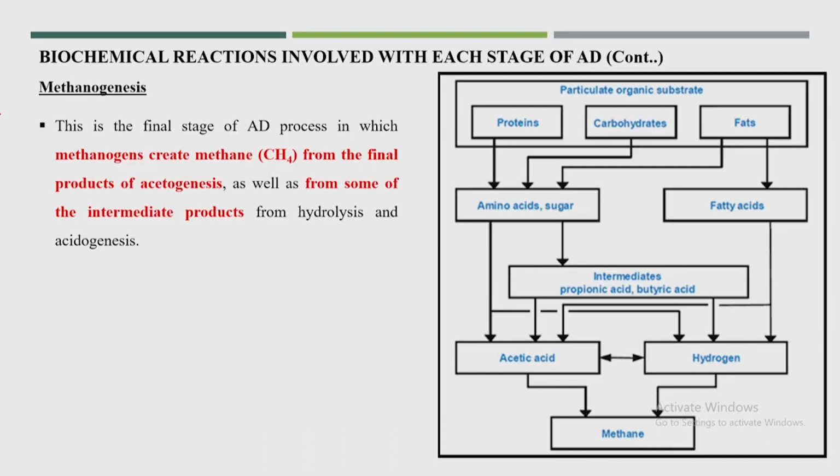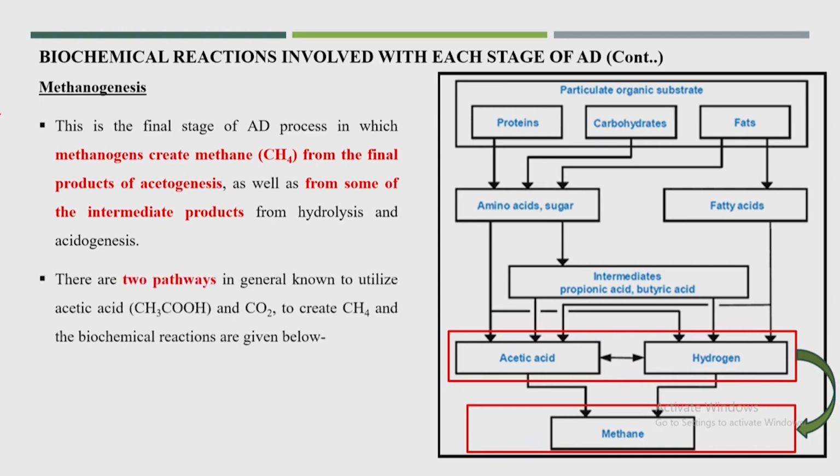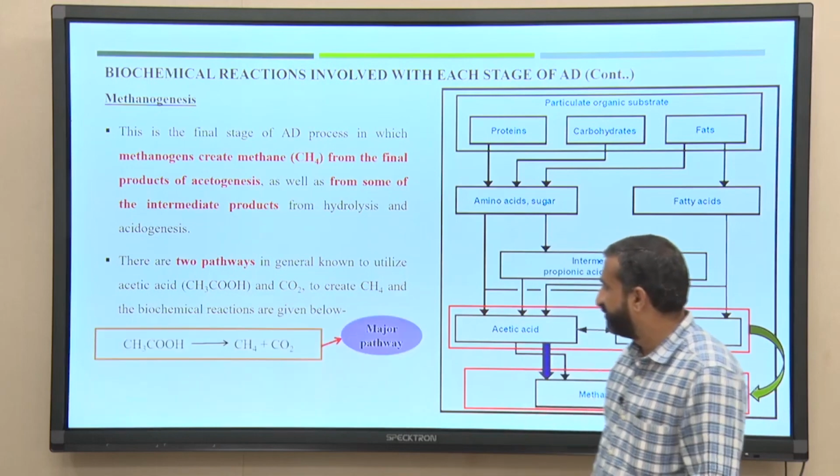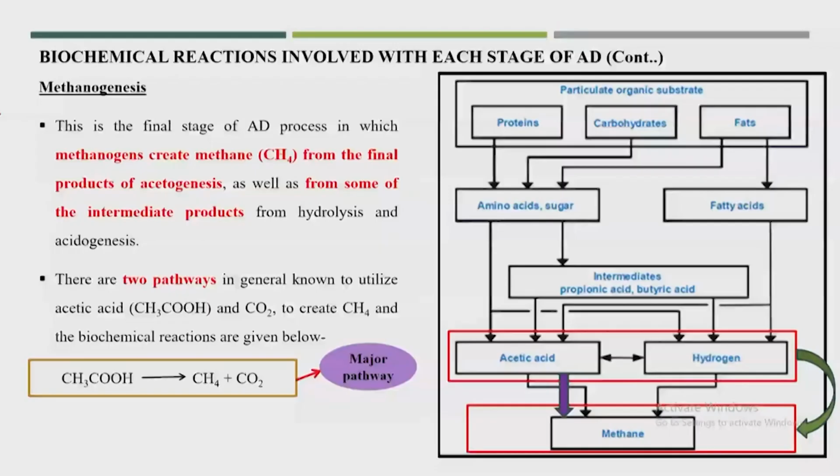Now, the next stage, our last stage, is methanogenesis. This is the final stage in the anaerobic digestion process, in which methanogens create methane from the final product of acetogenesis as well as from some of the intermediate products from hydrolysis and acidogenesis. So, finally, methane production. There are two pathways to create methane. The first is that acetic acid, meaning CH3COOH, is converted into methane and carbon dioxide,